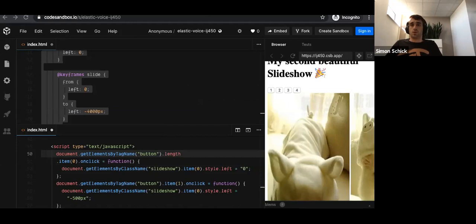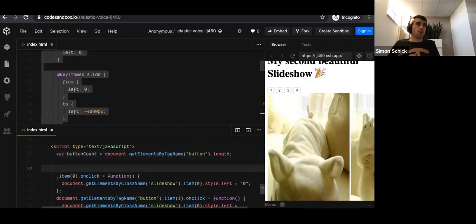Let us go through that one. Yes. This here is the total number of elements which we have buttons of. So we're going to save that one to a variable called button count. And now we say for,